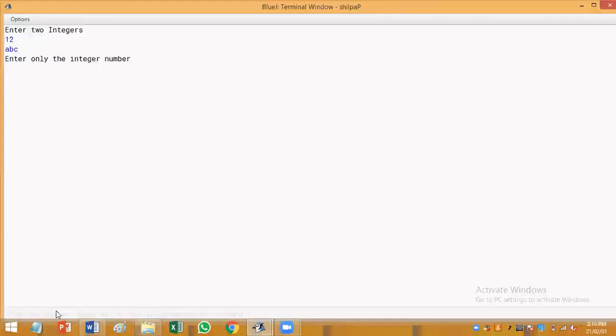See, as soon as I enter the second number, which is not a valid integer, the system is prompting me with the message, enter only integer numbers. Okay. So that means the exception has been raised and it is caught by the catch block.